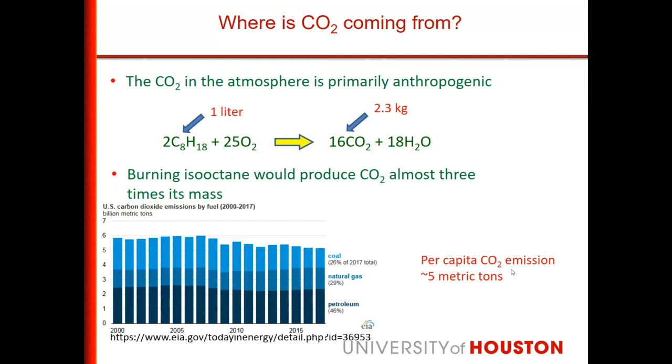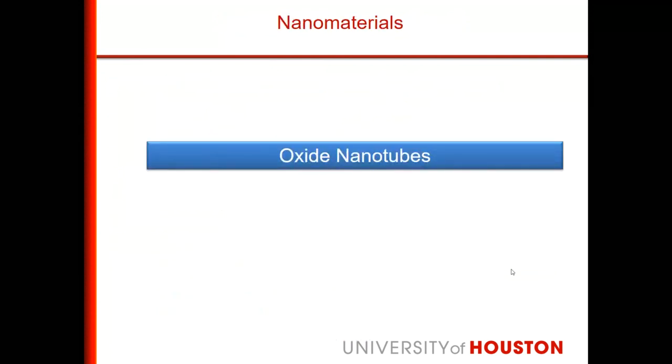But still, if you take it all over the world, each person in the world is responsible for around 5 metric tons of carbon dioxide per year. So that is the amount we are dumping into the atmosphere. And again, remember that only 25% of this carbon dioxide is absorbed by plants, and 25% by the ocean. The rest, 50%, will stay in the atmosphere. Where does it go? It doesn't go anywhere because the carbon dioxide is very stable. So that is where the problem comes.